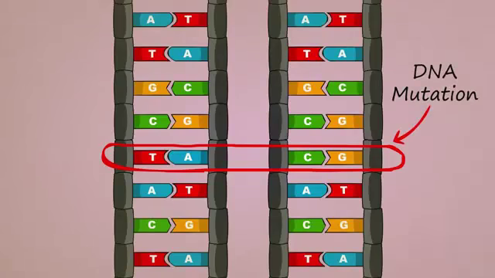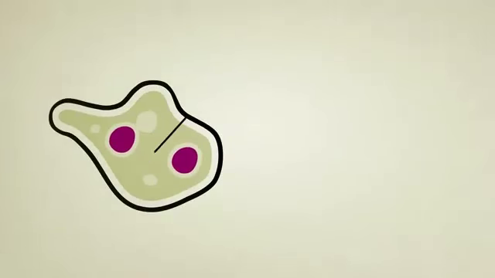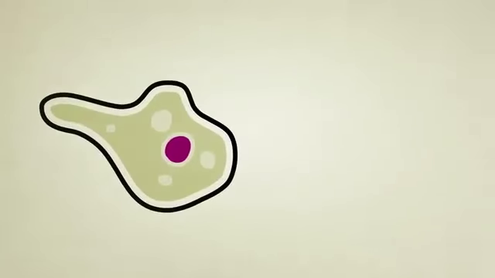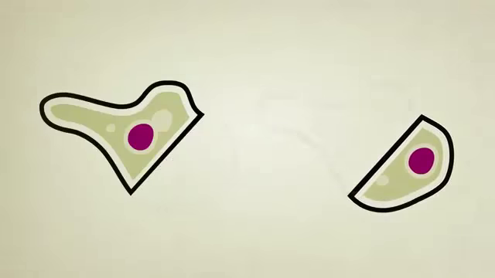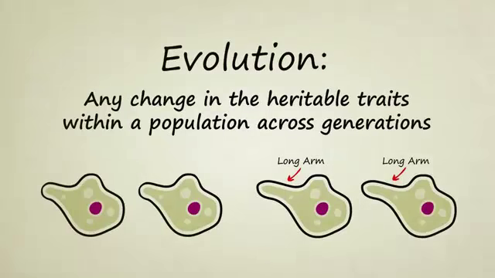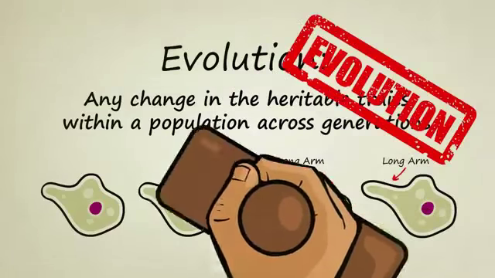These mutations, which happen completely on accident and randomly to any part of a DNA strand, can produce variation in the body shape and function of the creature who inherits the modified DNA. In this case, our new little friend has an arm that stretches extra long. If he survives long enough to grow and reproduce, that extra stretchy arm, which is now coded for in his DNA, will be passed on to his children. Evolution. Any change in the heritable traits within a population across generations has officially occurred.